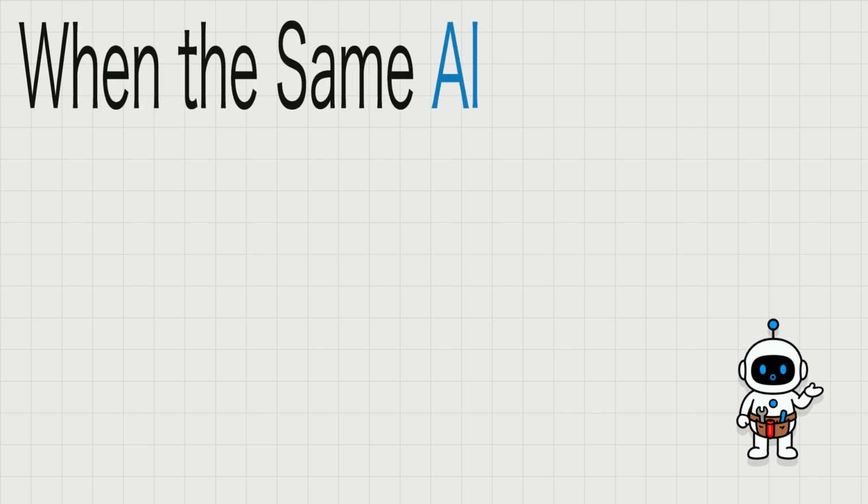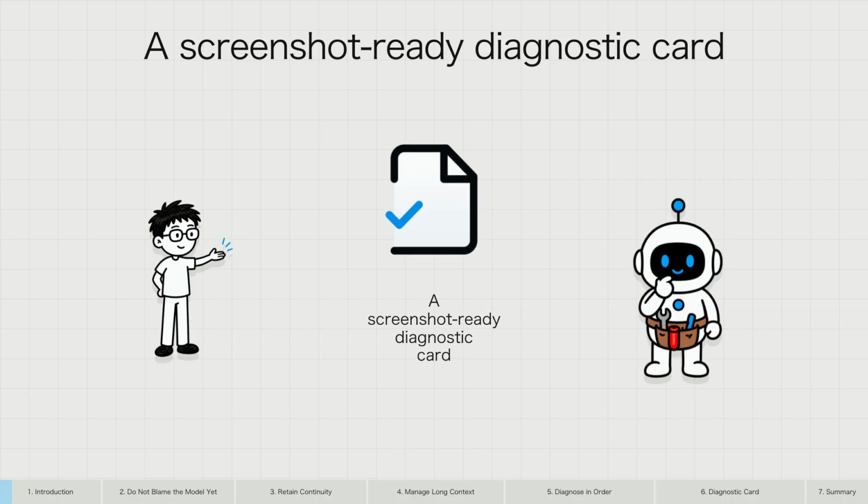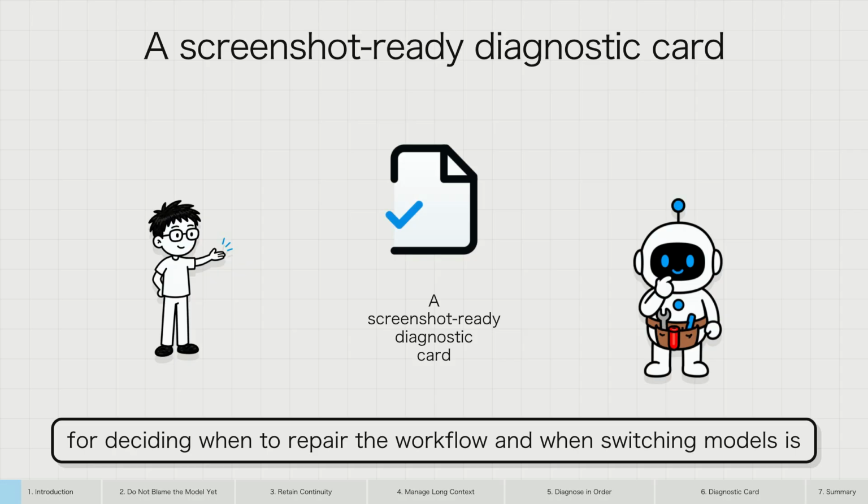When the same AI agent performs worse, check context and runtime settings first. This episode gives you a screenshot-ready model, context, runtime checklist for deciding when to repair the workflow and when switching